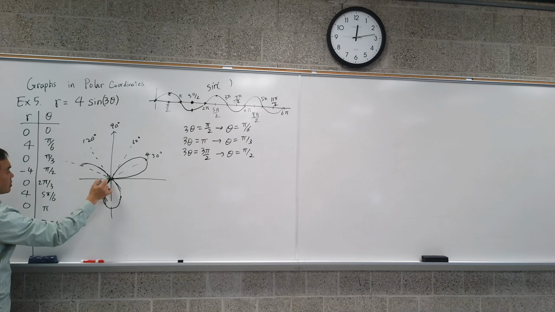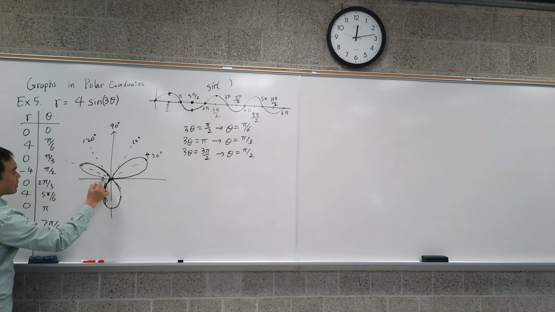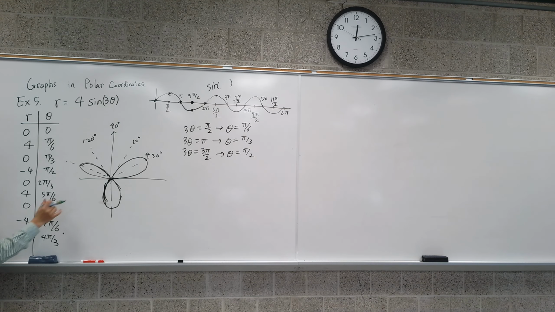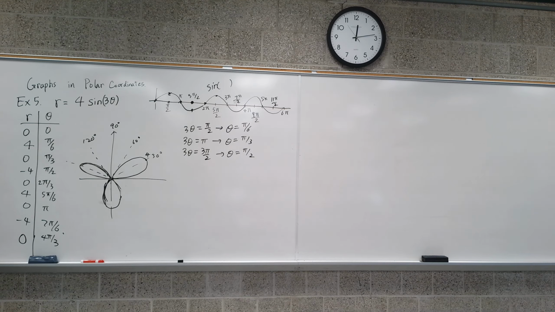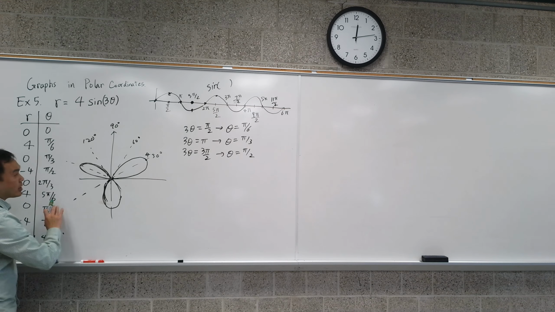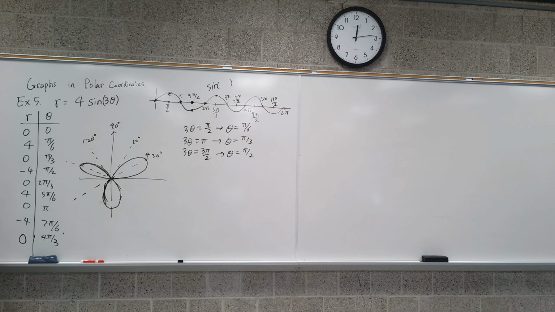It's 4, and comes back to 0 when it's pi. Okay? So you get that. Now here's the next stop. 7 pi over 6 is 210 degrees, which is directly opposite of 30 degrees. But look at this. At 7 pi over 6, you're hitting -4, but